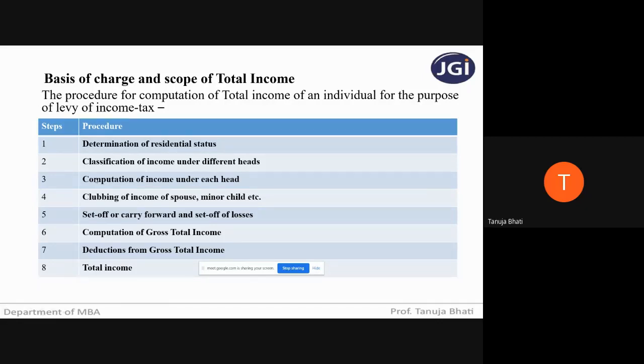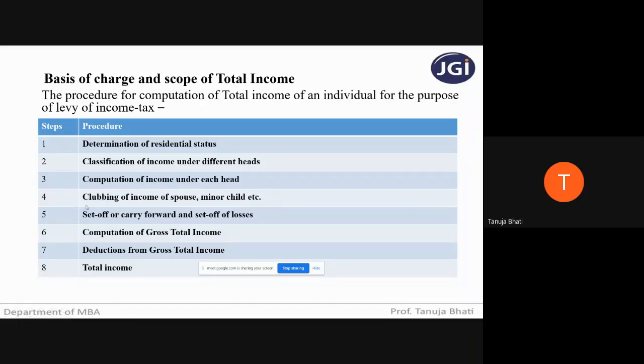But when any assessing officer comes to you asking what is the tax you have to pay, you have to ask him, have you transferred any money to your spouse or minor children? If yes, then you have to club that income. Suppose I have transferred 2 lakh rupees from my income to my spouse, then when I'm calculating my income tax, I have to take that 2 lakh rupees income under me and not under my spouse, because I've transferred it with an intention to reduce my tax. So I have to club all the income which I have transferred to my spouse, minor child, etc., whoever I have transferred it to, just to avoid taxes.